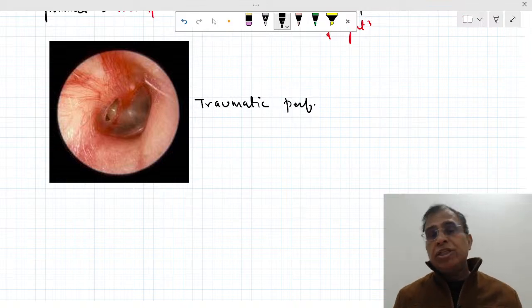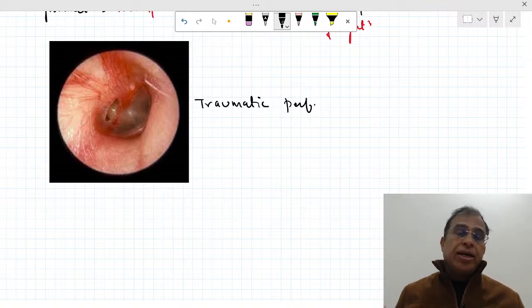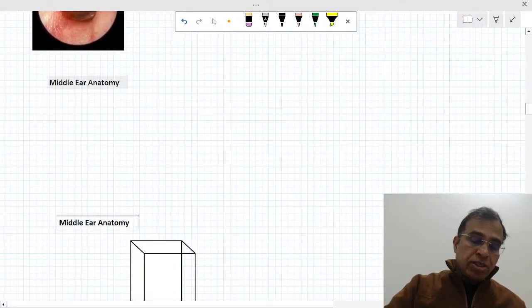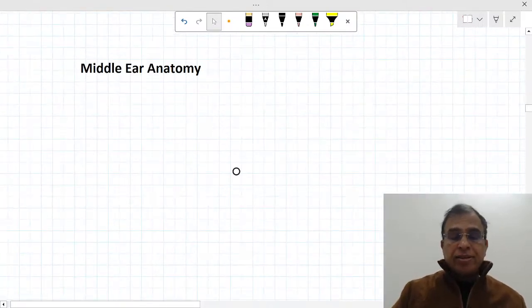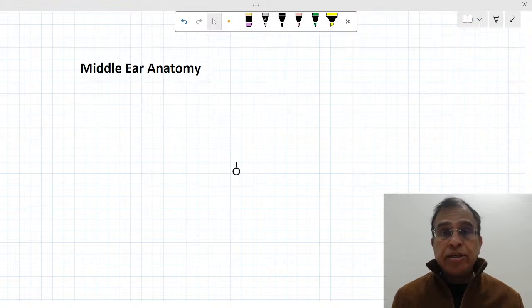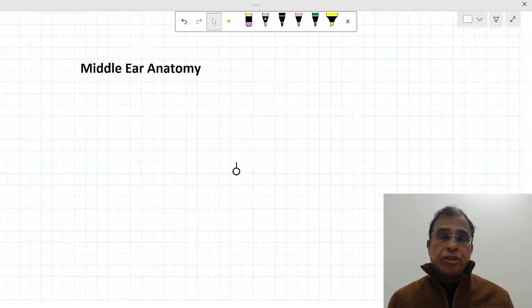Okay, so this will complete the external ear, and now we come to our most important part, the middle ear. I've been telling you since we started that the middle ear is very, very important. So we're starting with the most important part of the ear anatomy. If they ask you an anatomy question from the ear, 9 out of 10 times it is going to be